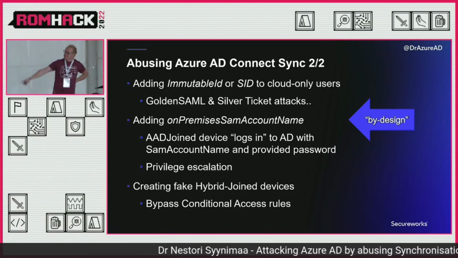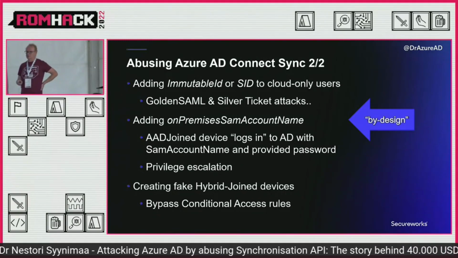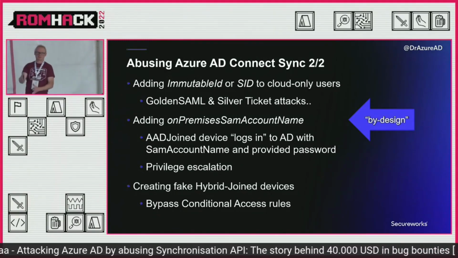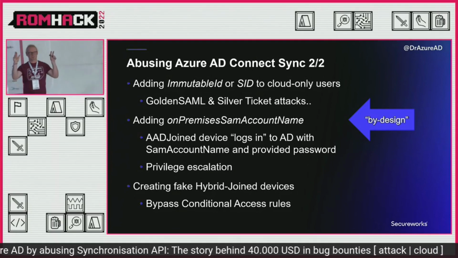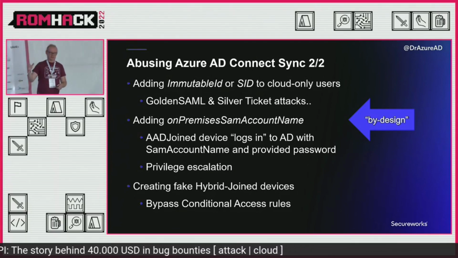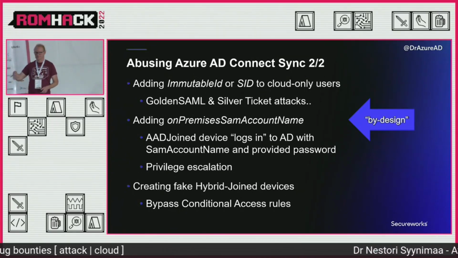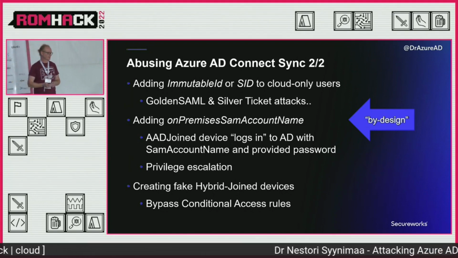Yeah, and the last one was that you could create fake hybrid joined devices, which allows you, in certain cases, to bypass conditional access rules, which is kind of a firewall in Azure AD, if you will, where you can create rules to block access or grant access based on certain attributes, like, for instance, is the device hybrid joined. Okay,